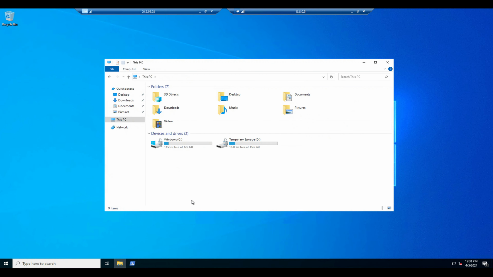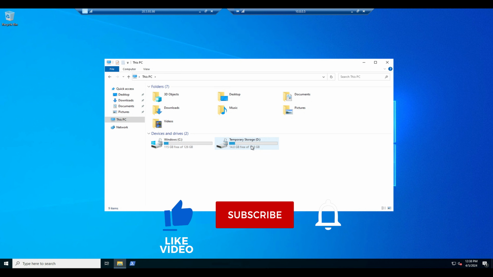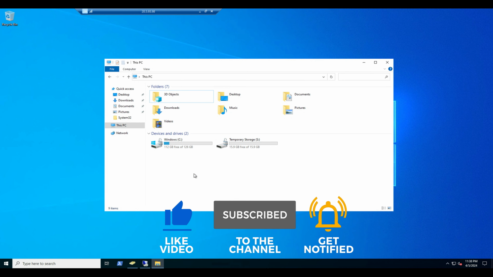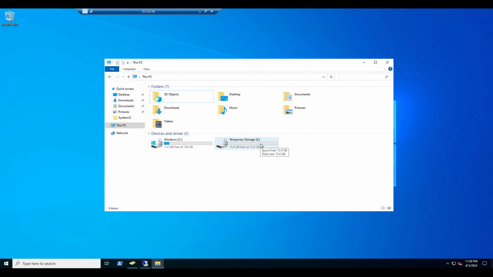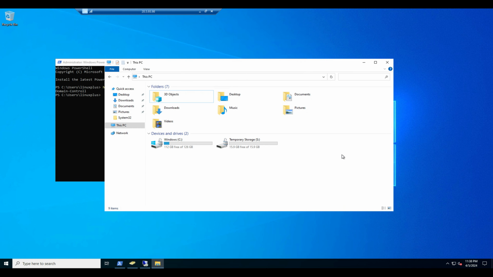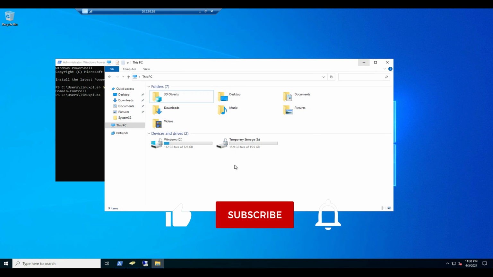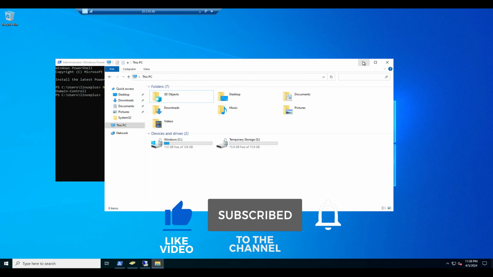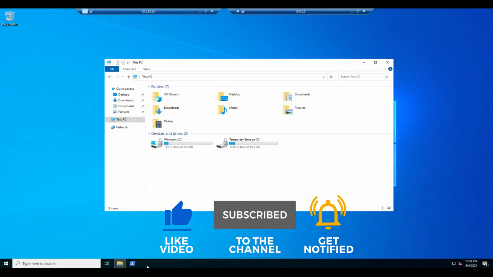What this will look like in the OS is shown here. You'll see that the C drive is encrypted, as well as the D drive. Hang on a second, that is for the client OS. All right, so the C drive is encrypted, and the temporary storage, which is the S drive, and this is the actual domain controller. Yeah. All right, so as you can see, we have the C and S drives encrypted, and in this video we have